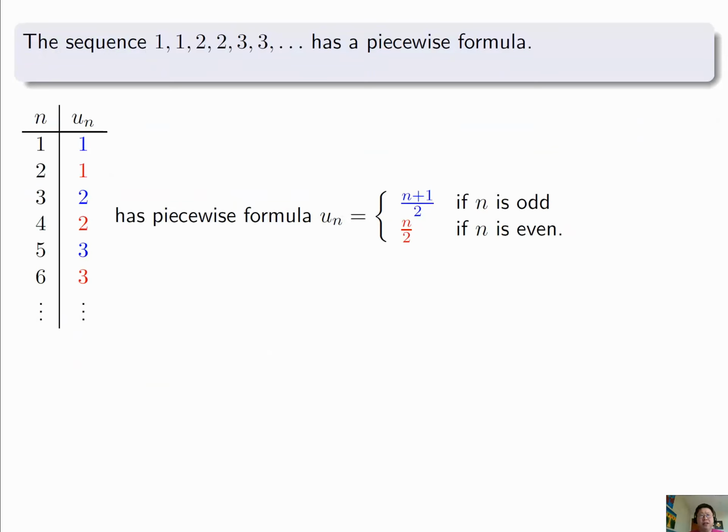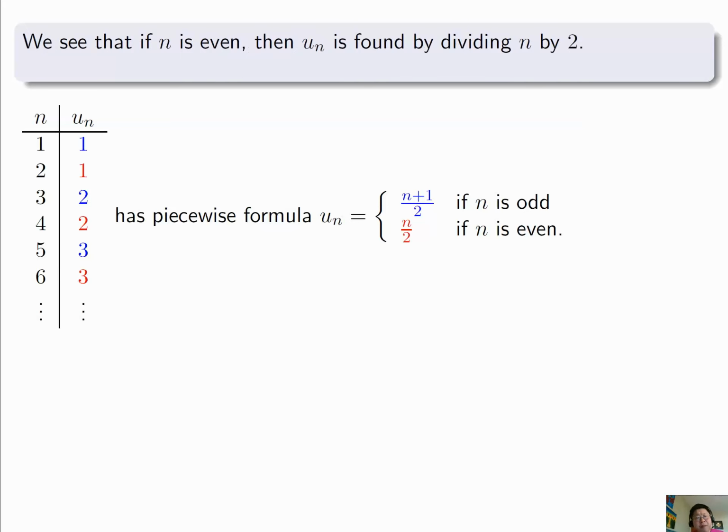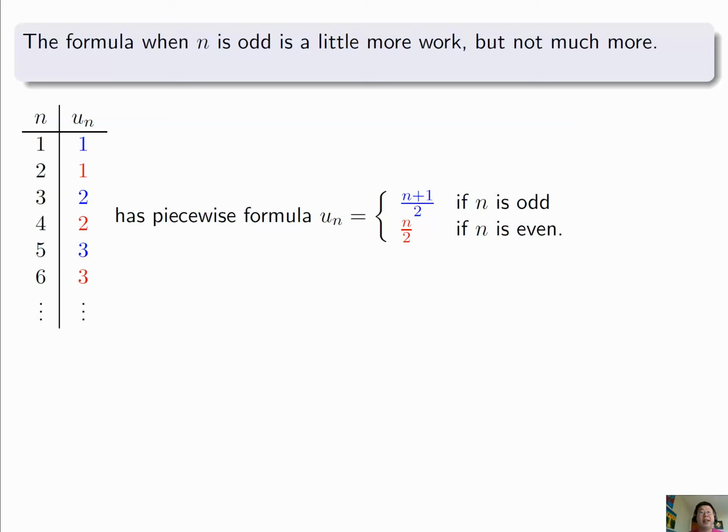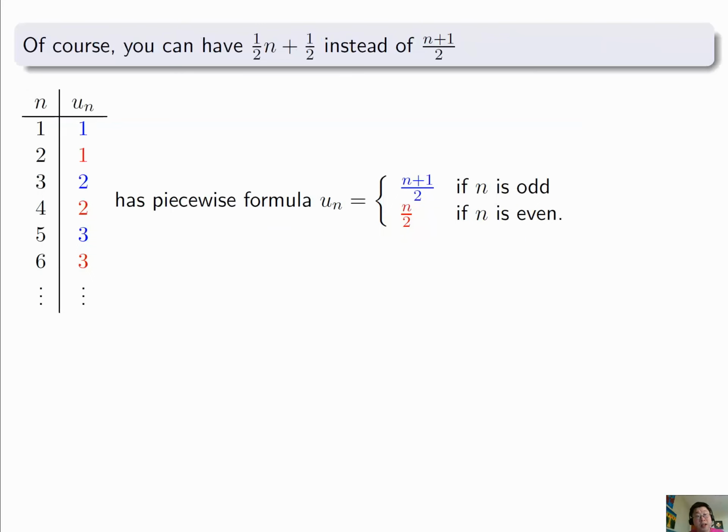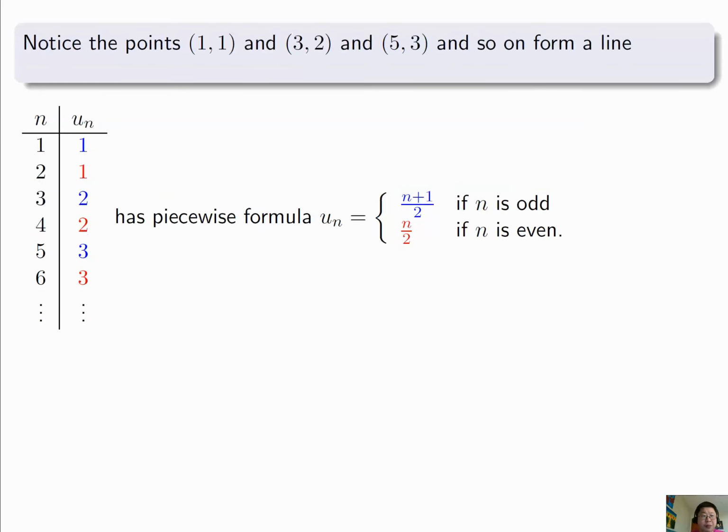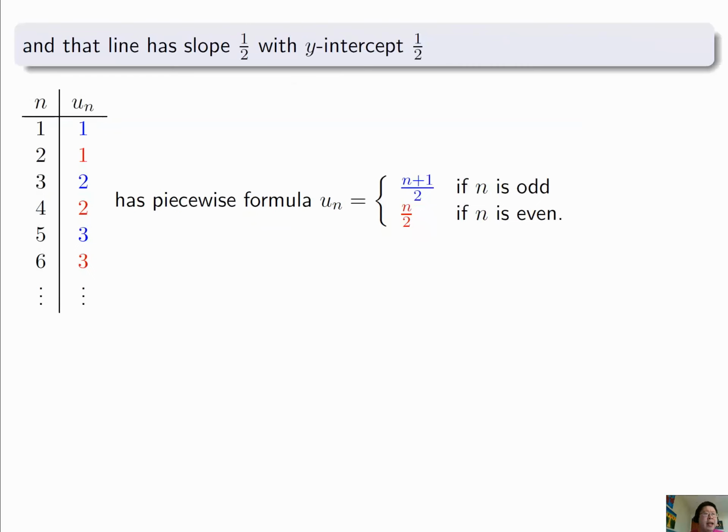The sequence 1, 1, 2, 2, 3, 3 has a piecewise formula. Focusing on the red values, when n is even is easier first. We see that if n is even, then u sub n is found by dividing n by 2. The formula when n is odd is a little more work, but not much more. Of course, you can have 1/2 n plus 1/2 instead of n plus 1 over 2. Notice the points (1, 1), (3, 2), (5, 3), and so on form a line, and that line has slope 1/2 with y-intercept 1/2. So y equals 1/2 x plus 1/2 in algebra land becomes u sub n equals 1/2 n plus 1/2, but